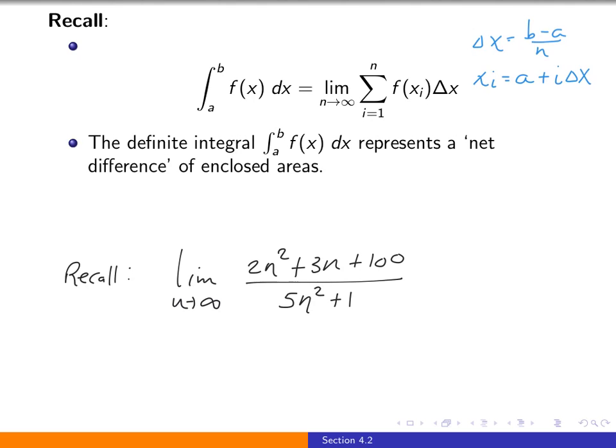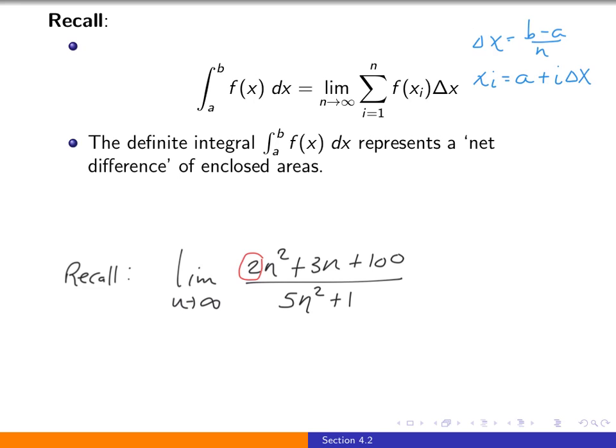And the big idea when you're evaluating a limit of this form, as n goes to infinity, and it's a polynomial in n divided by a polynomial in n, if they have the same degree, the simple thing to know is that what you can do is take the coefficient of the n squared term in